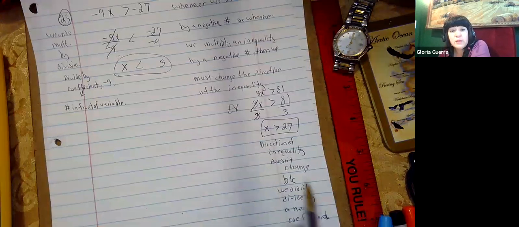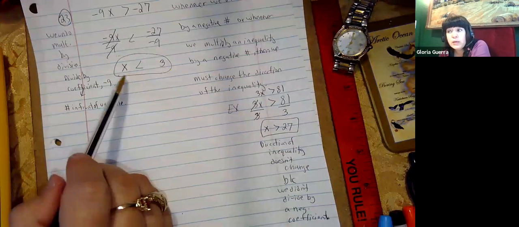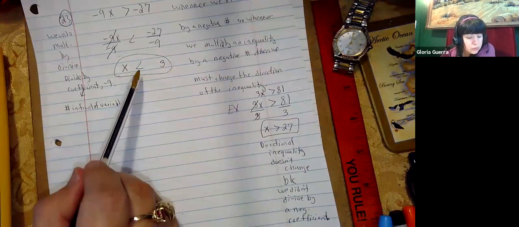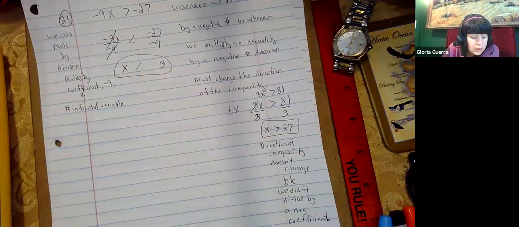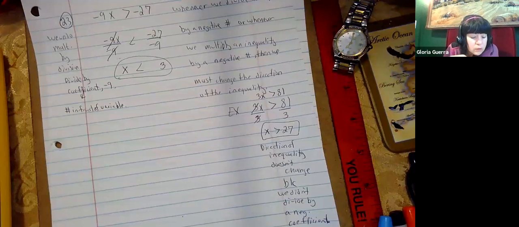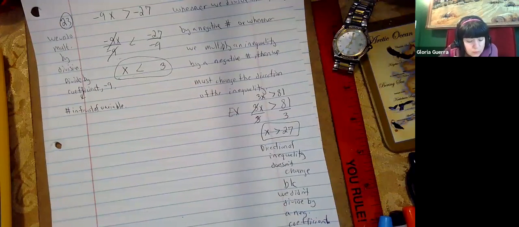But over here I divided by negative 9, so I had to change the direction. Okay, so this is what we get when we solve number 23. And then let's see, I think they want you to graph it, and I think they want you to make an interval notation. Yep. Okay, so when I graph that,